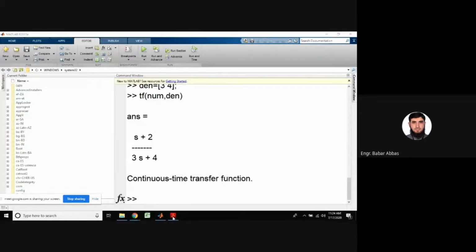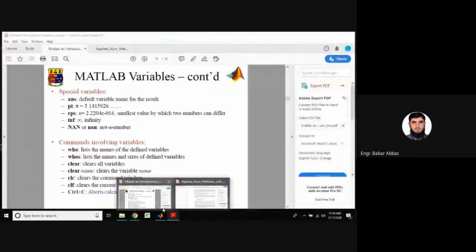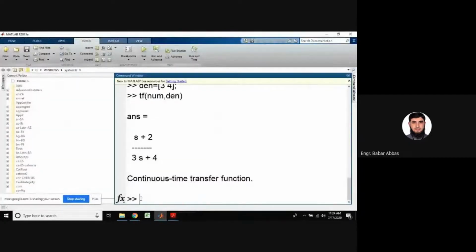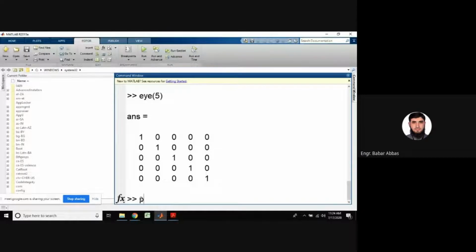Similarly, we have some other reserved variables. For example, eye, that is the identity matrix, a 5 by 5 identity matrix. Similarly, we can use pi. What is pi? Pi is equal to